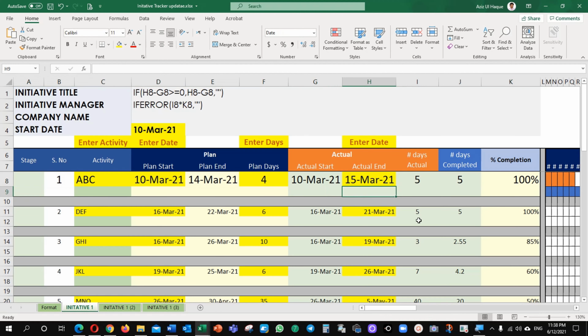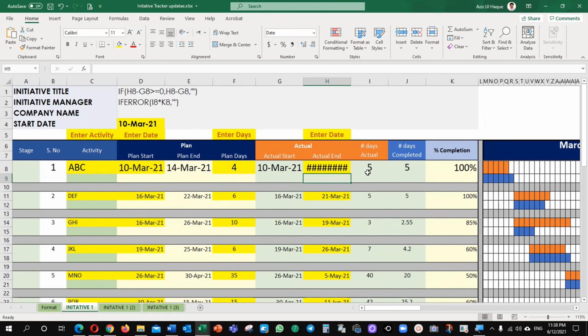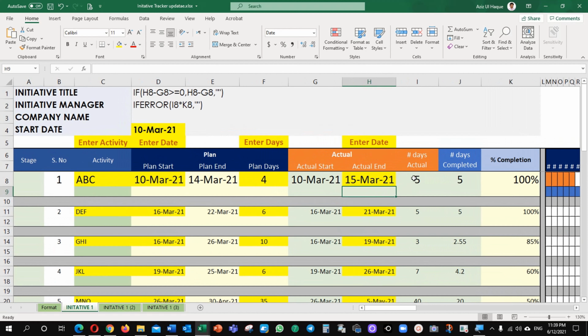Let's begin. This is my data today, and I will show you there is one error which is coming. It is called a value error. Or my data value will become negative here. For example, if I delete the date from here, it is showing a negative value. I don't want to show the value as negative. I want to reflect my value as either 0 or none. The cell should be blank. How can it be done? It's very easy.